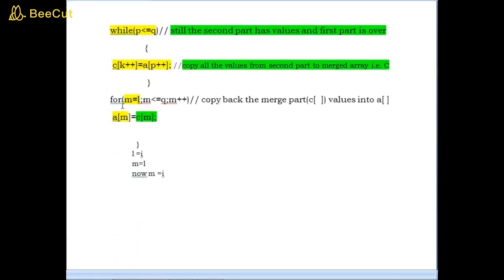That's why the for loop is: for m equal to L, that means m equal to I, m is less than or equal to Q, m plus plus.